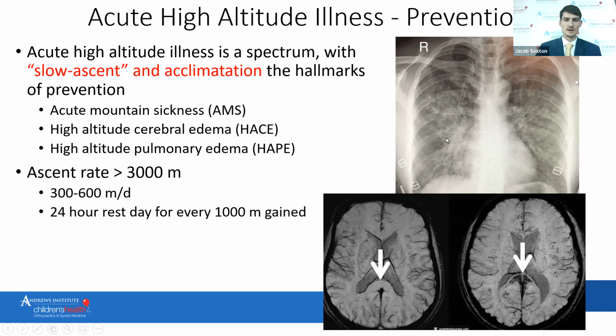As you can see here, the top right image shows an episode of high altitude pulmonary edema. On the chest x-ray, you have lung fields that appear clear, but there is a hazy infiltrate right here, which is evidence of pulmonary edema, and you can see it bilaterally. The bottom right image is an example of high altitude cerebral edema. You have the ventricles right here, and there is swelling pushing on the fourth ventricle, which will subsequently result in herniations, seizures, and death.